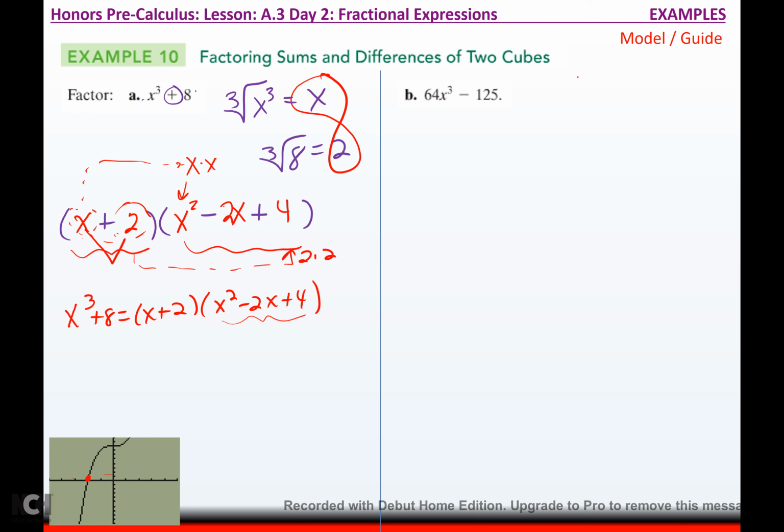All right, see if they're perfect cubes. The cube root of 64x cubed is 4x. The cube root of 125 is 5. And if you ever need to check it on a calculator, you hit whatever root you're taking. So if you were typing this in a calculator, you would type 3, and then you would hit your math, and then you would arrow over to num,